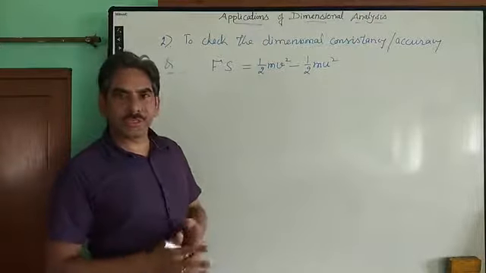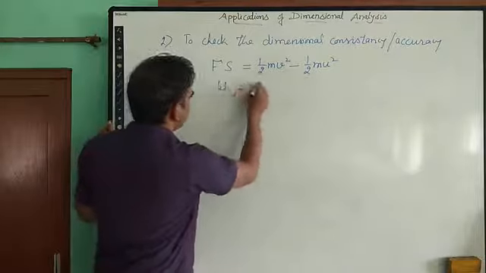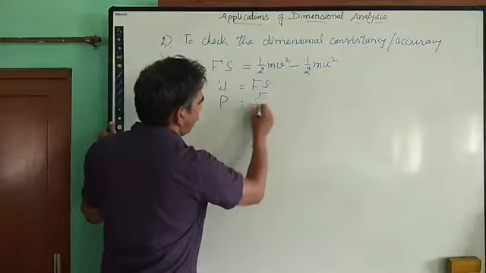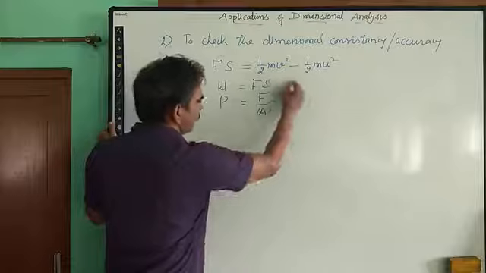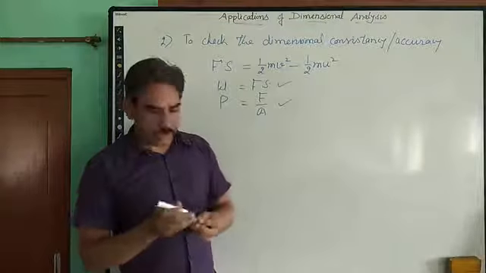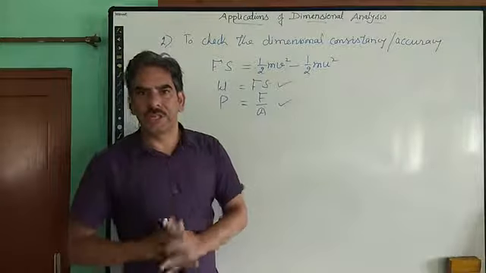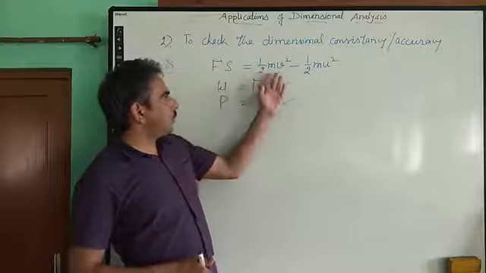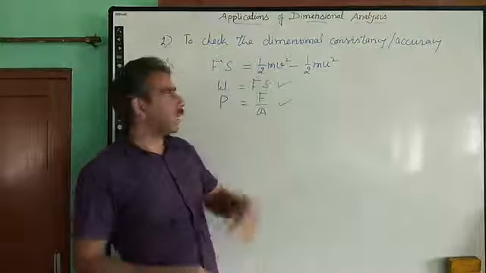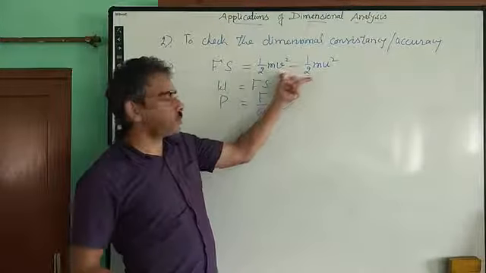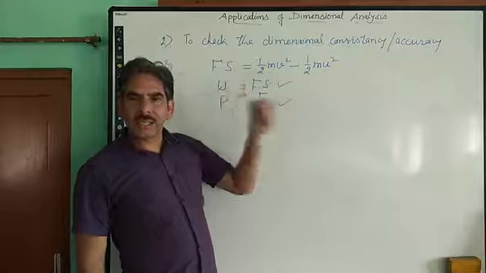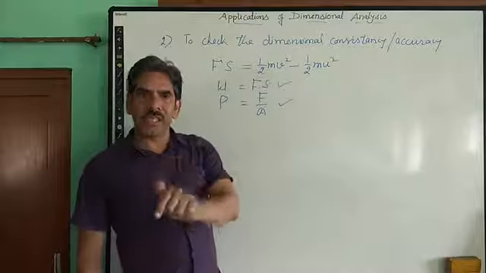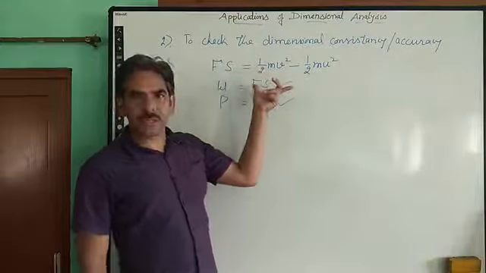So there may be some relationship, just like work is equal to force into displacement, or pressure is equal to force, or we can say thrust, per unit area. So you may be asked to check the consistency or accuracy of these equations, which we can directly check by substituting the values of dimensions, right? And there may be equations just like this, which involve on one side more than one term, which are being added or subtracted, just as we have here on the right hand side. So that means each and every term involved in the equation should have the same dimensions. Only then the equation is dimensionally correct.